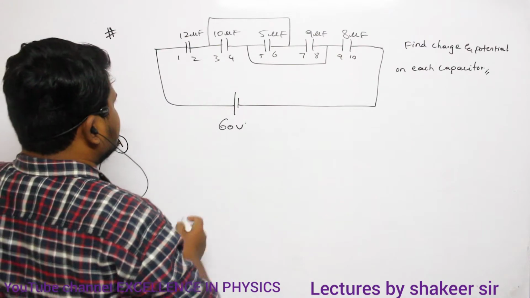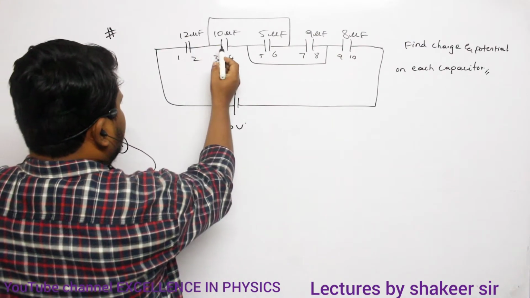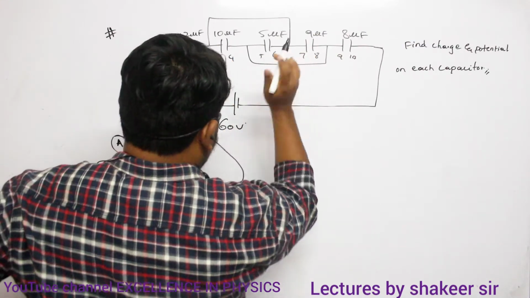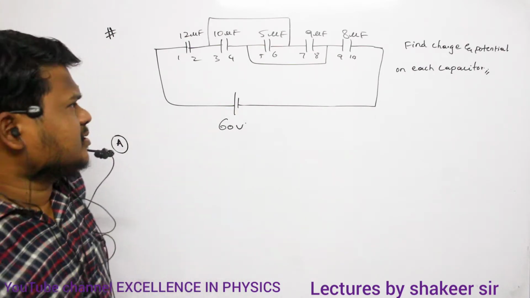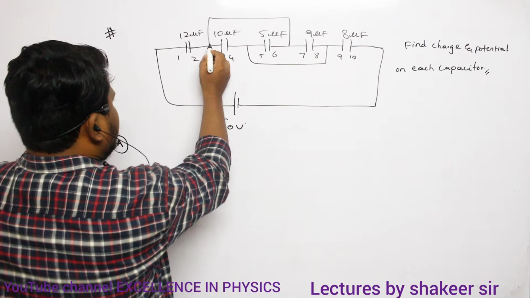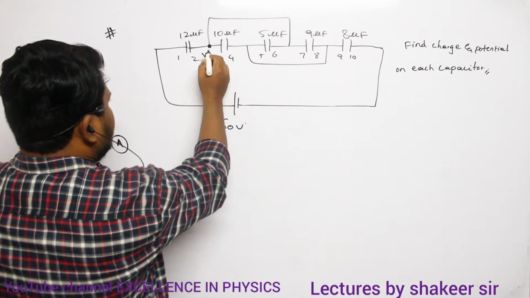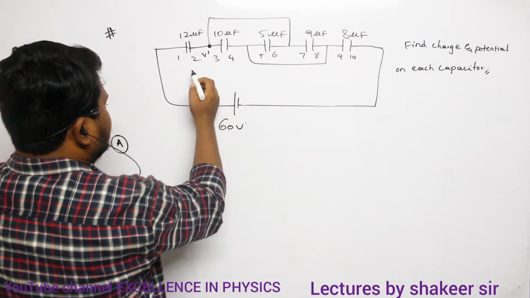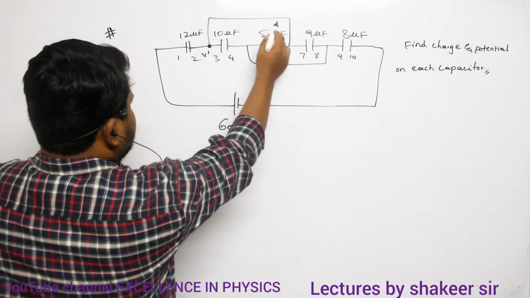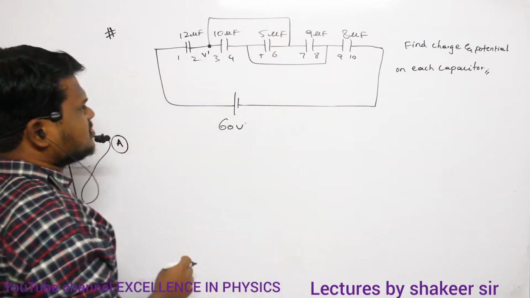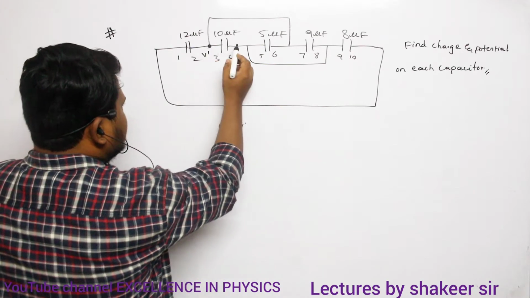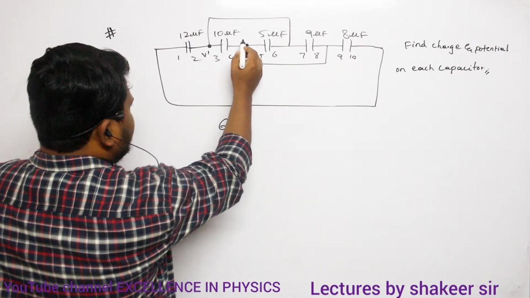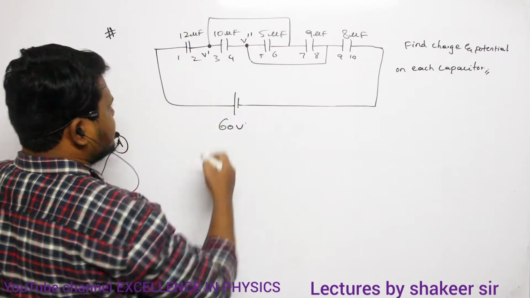What is the meaning of this one? It means that the second plate, third plate, sixth plate and seventh plate, all these plates are at the same potential. That is the meaning of this one. So here if a potential is, let it be V dash, then 2 and 3 are at the same potential. Similarly, 6 and 7 must also be at the same potential. Clear? So here if the potential is V and here V dash and this is V double dash,